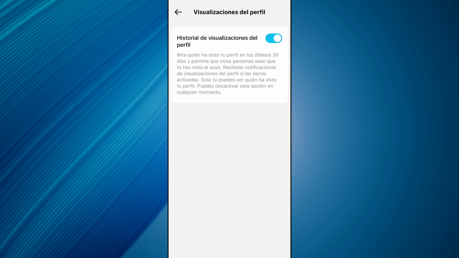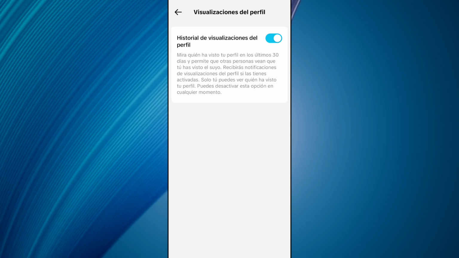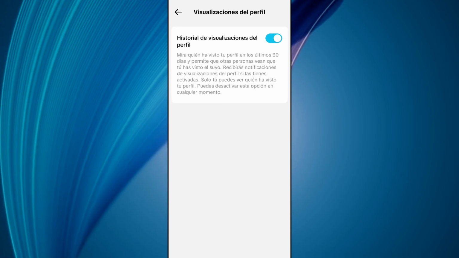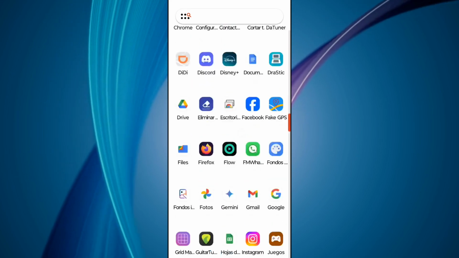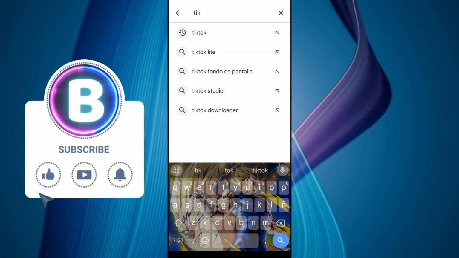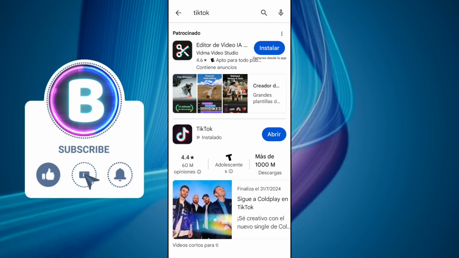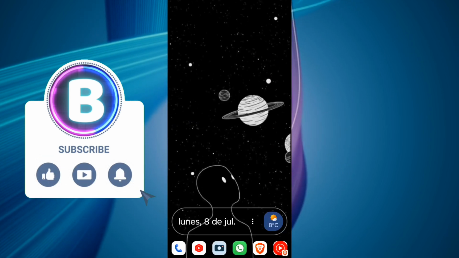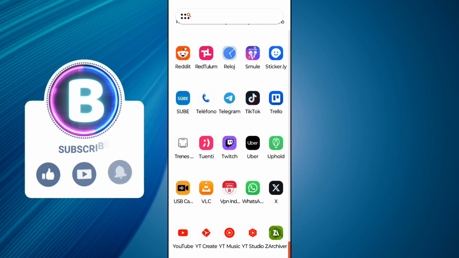The first recommendation is to check if there is an available update for the app. To do this, go to the Google Play Store, search for TikTok, and see if there's an update available. If there isn't any, the next recommendation would be to go to the app drawer, find the TikTok icon, press